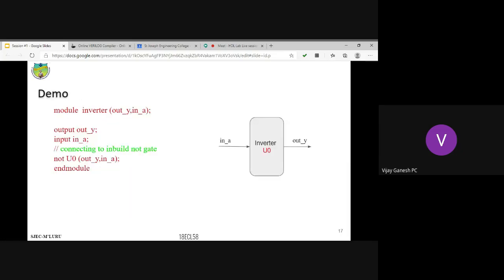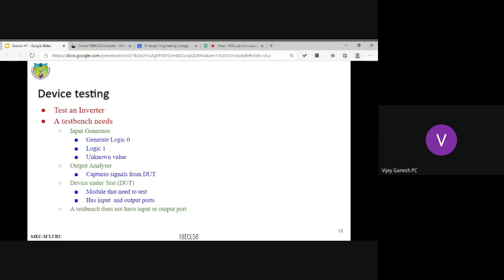Now the next job is how do I test a code? So in the digital lab, you have a test bench. That is, you have switches available in your digital lab. So if I want to make it a logic one, you switch on the switch. Then you'll make sure that your output LED is glowing or not. A similar kind of approach is done here also. So the rule here is